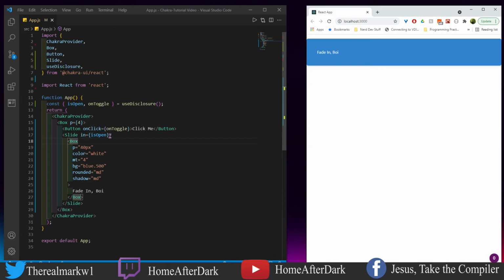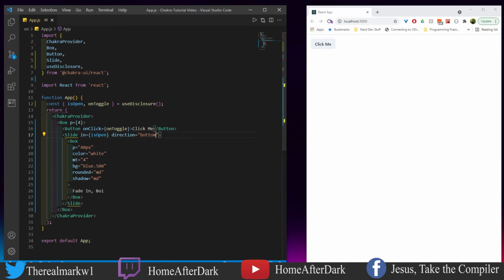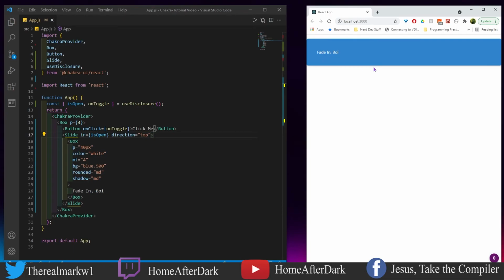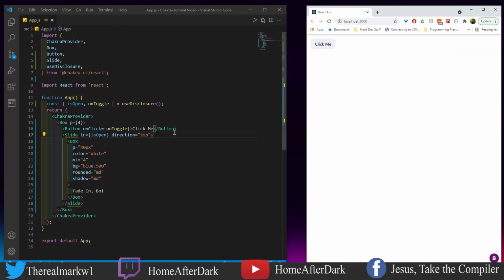But what could we do as developers to change the outcome of this? Well, we could come in here and there's an attribute for direction. And we could do something like bottom. And we see that it comes in from the bottom right there. If we also wanted to do something, we can make it come from the top, which then also covers our button right here, right? And we could also give it a style